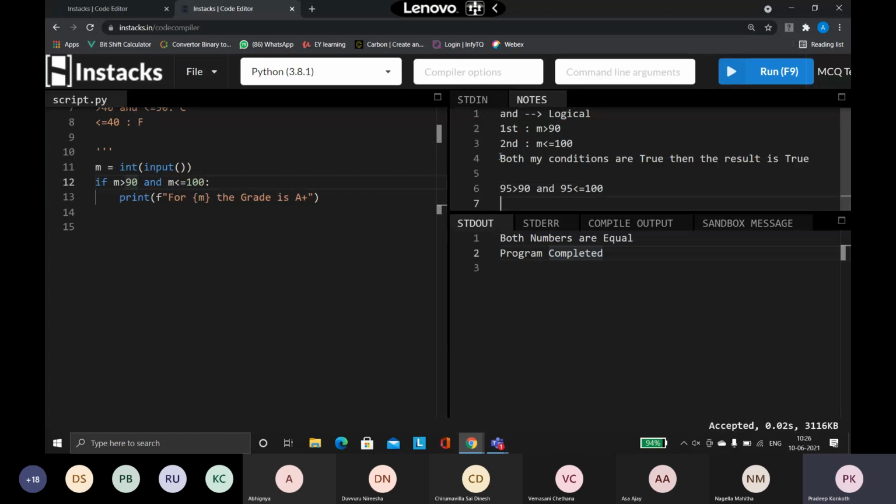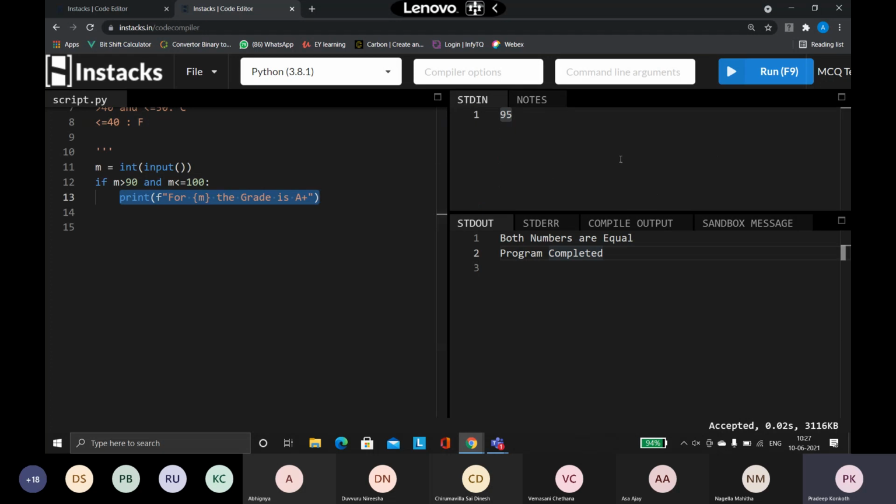Now both the conditions are true, so my result is going to be true. If the condition is true, whatever statement you are giving inside is going to get executed. So when I execute this program, the output is: for 95, the grade is A plus. Superb, so my program is working.